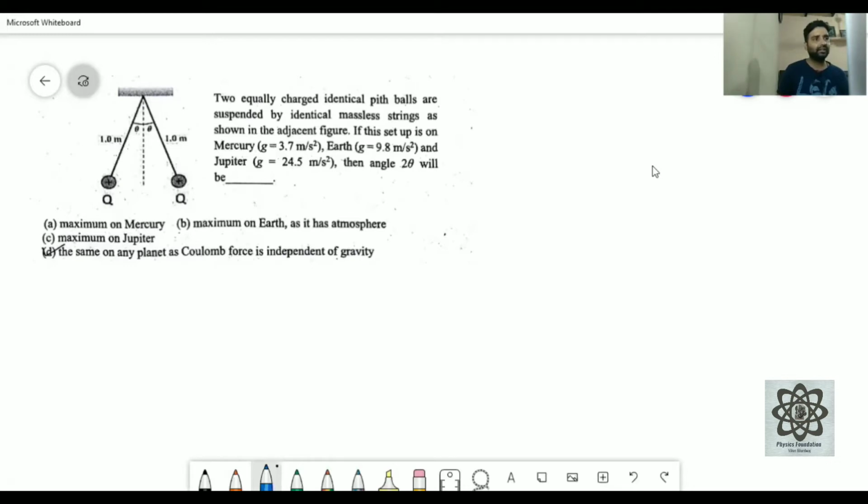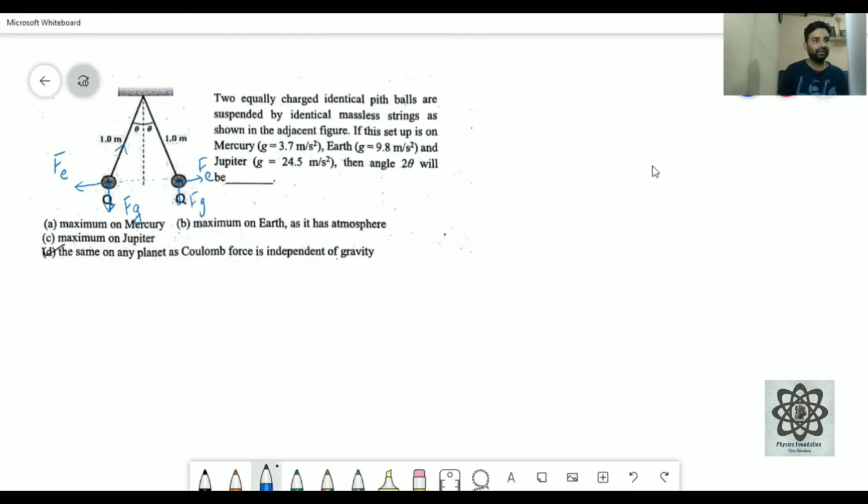Now, when we take this structure to a planet, the planet will act with a gravity force, so this will be Fg in the downward direction. Now there will be an electrostatic force, which will be along the line joining the charges. Secondly, there will be tension in this string that is not allowing the positive charge to go anywhere, neither in the downward direction nor to the left-hand side. Similar is for this one. So this is Fg in the downward direction, and this is Fe in the right-hand side.